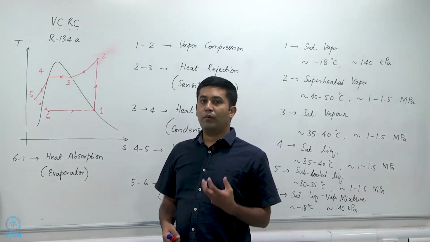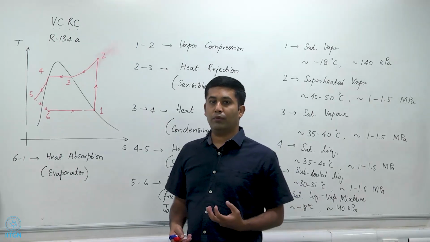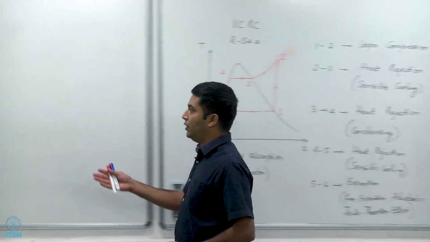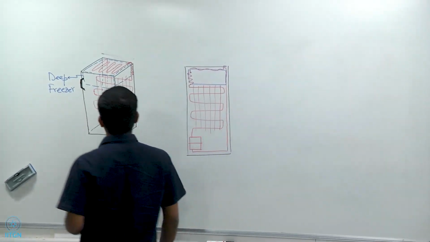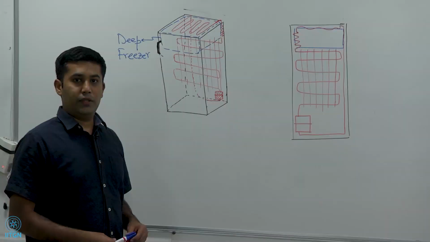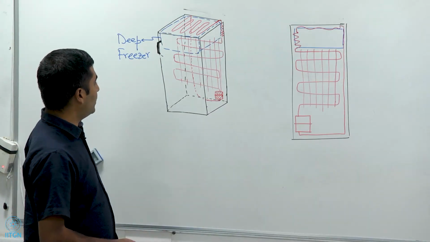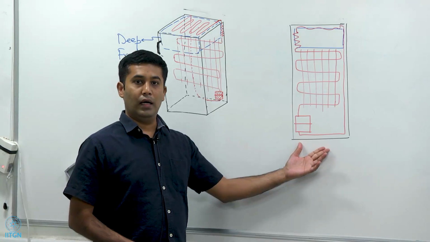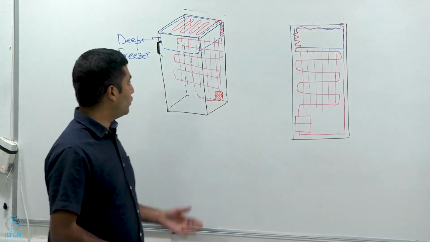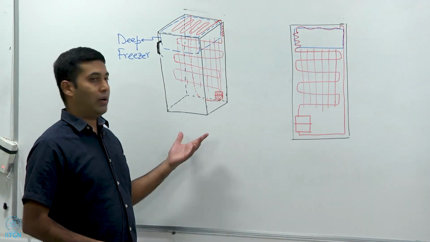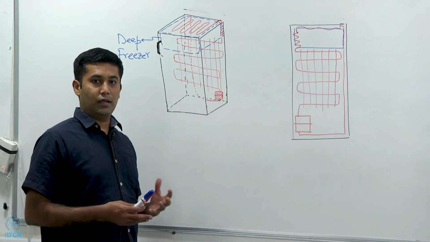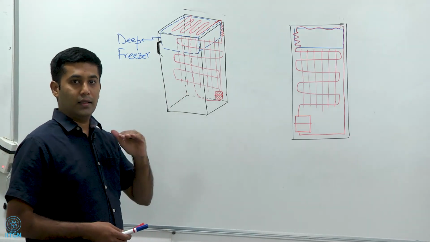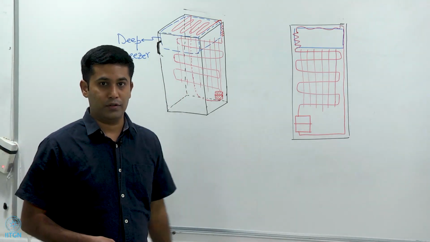Let's look at it from a component perspective, how these components are arranged in a household refrigerator, for instance. So here we have a 3D view of a household refrigerator. Here we see two figures of the same refrigerator. This is an isometric view from the front. This is how it looks from the rear. So let's focus on this one first. What you see in black is the frame, the refrigerator as it looks to you, and the red lines are either inside the refrigerator or behind the refrigerator.